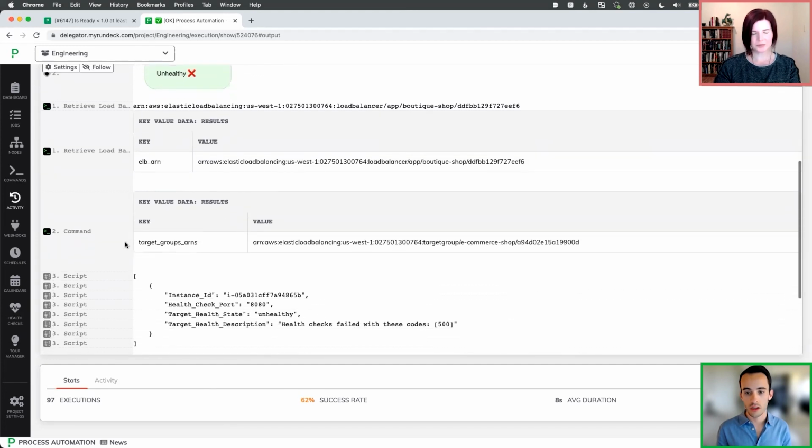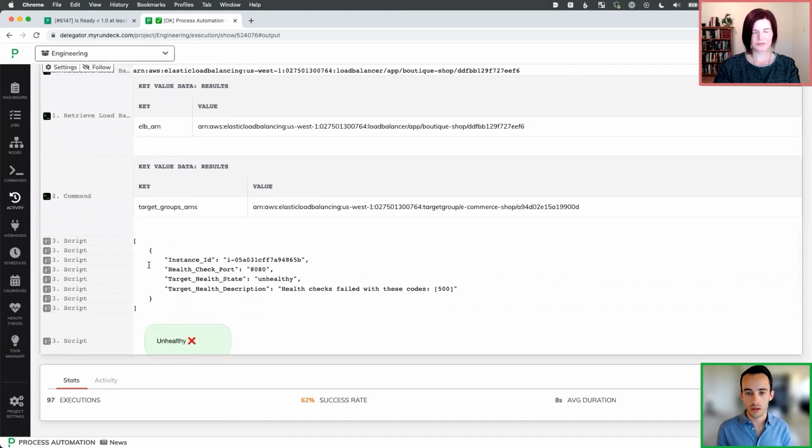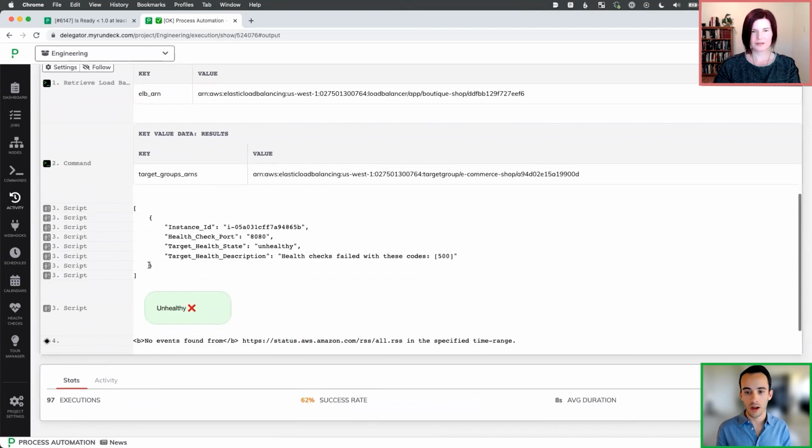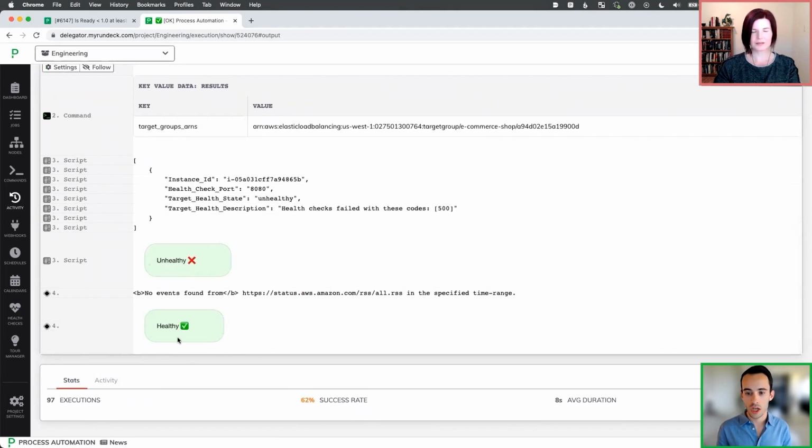We have a check of target instances behind a load balancer in AWS. And then we're also checking if there are any recent events from AWS's status pages. And so we're answering the question, is it us or is it them? And so what this does at the end of it is it's going to post the simplified output back to